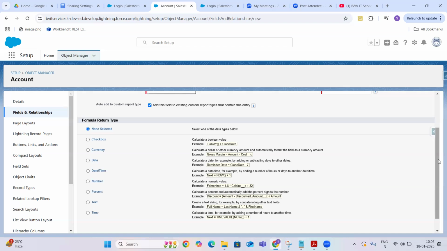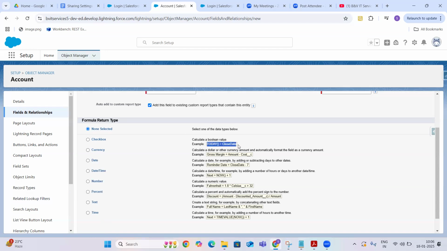For example, in case of true and false, we will select the checkbox. We have to select one of the data types, guys. Right now none is selected, and without selecting the return type, it will not let you go to your next step.